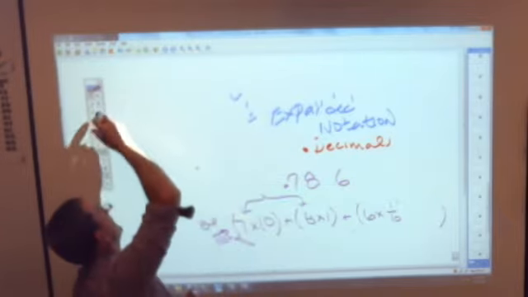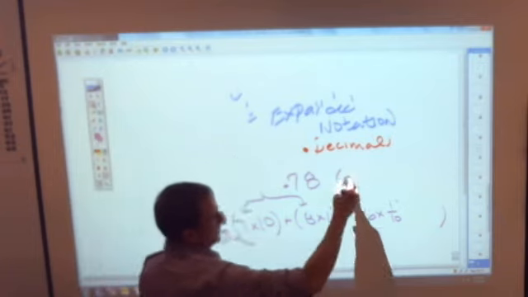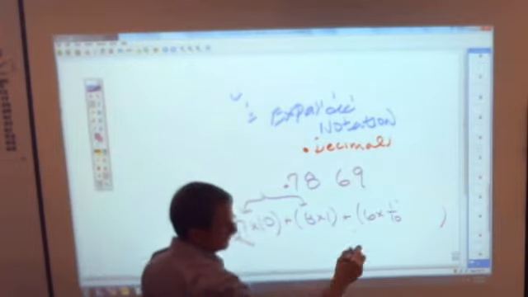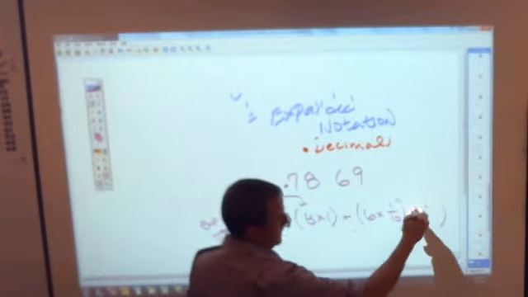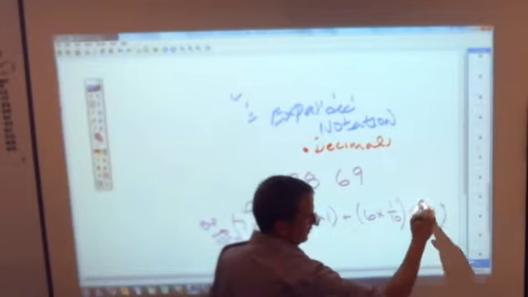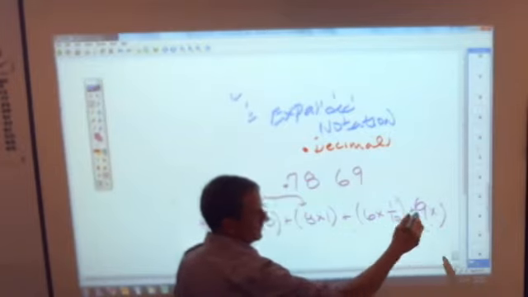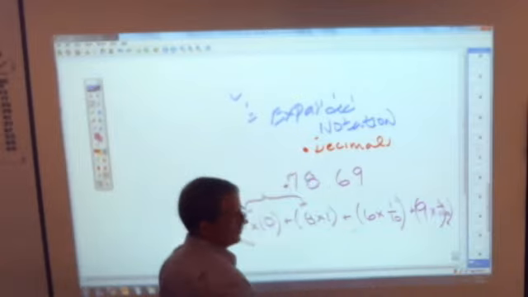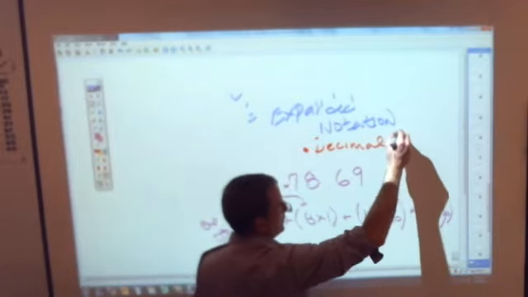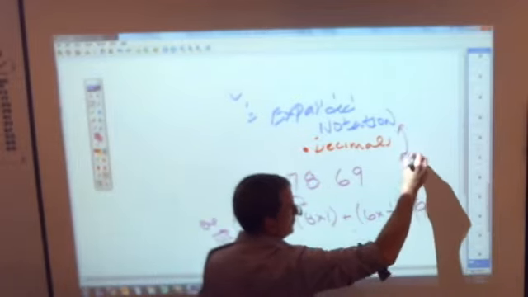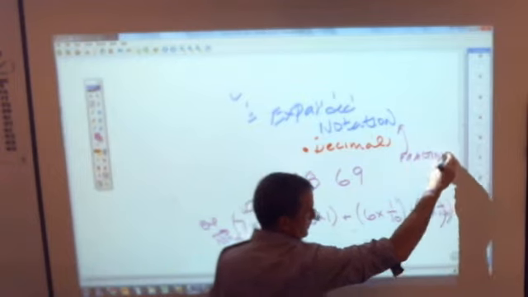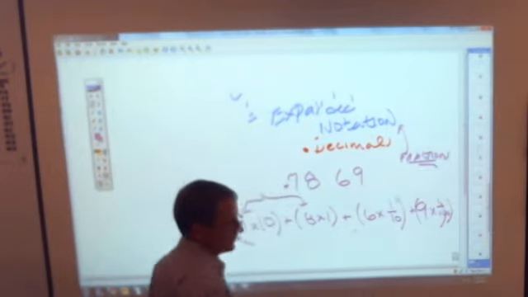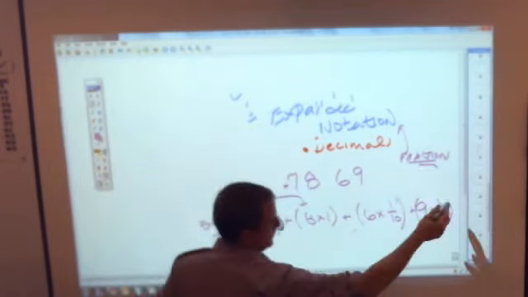So if I had a 9 here, I would add 9 times what place value the 9 is in? The hundredths place, so it'd be 1 over 100. So just remember, in expanded notation, you are going to use fractions for the decimals. Okay. I think we shall do another. Let's do